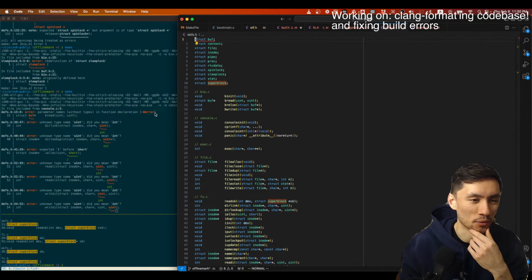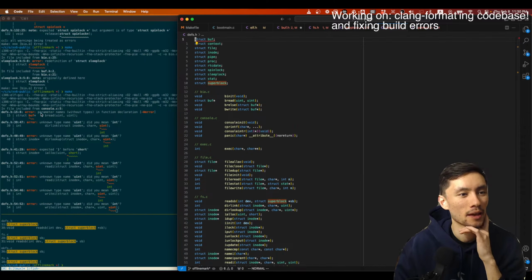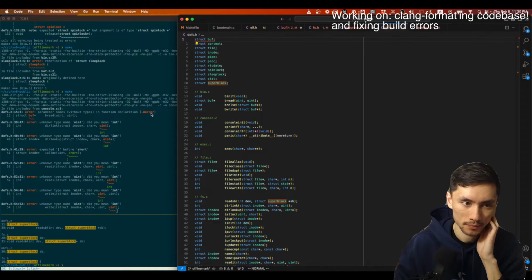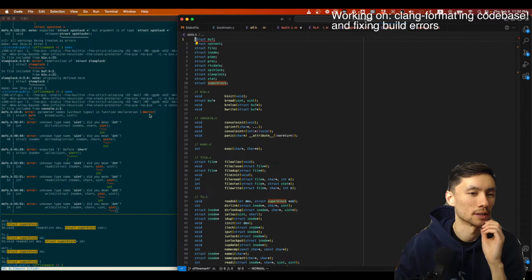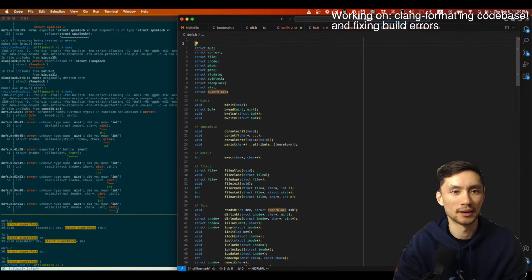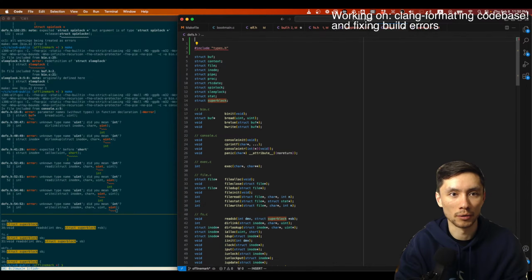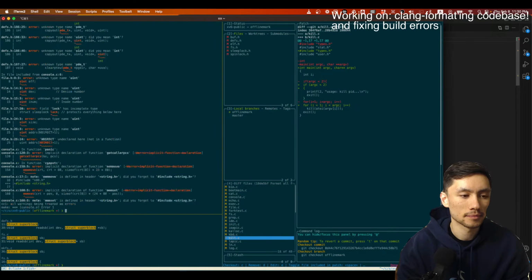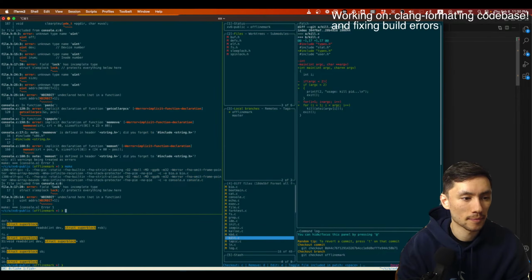Okay, I reacted that way because I just saw this line. Error: parameter names without types in function declaration, W error. I should not be getting that kind of error, I think. I'm just going to go ahead and say I need a types.h. And while we're at it, let's do a pragma once. Okay. All right, moving along.